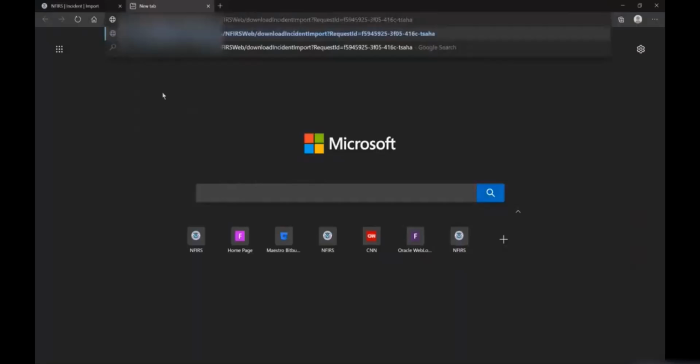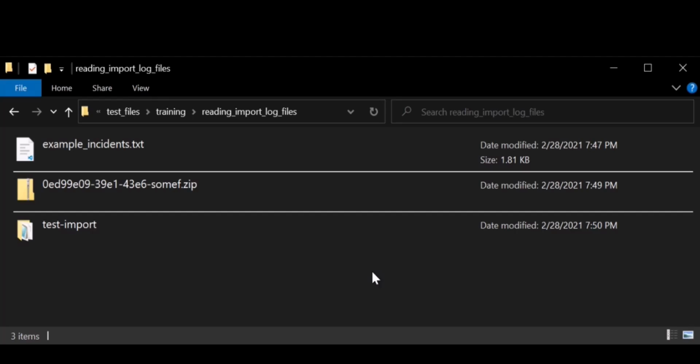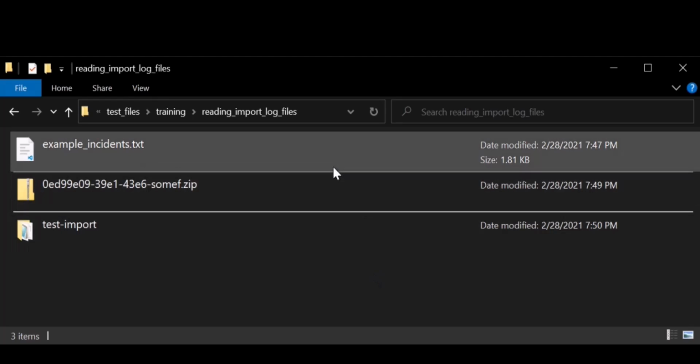That link will download a zip file. Navigate to that zip file within your file explorer and then open it. It should contain a set of 5 files for each incident file that you uploaded. These files contain information about how many incidents were imported successfully or unsuccessfully, and which error messages, if any, were produced. For this example, I've gone ahead and imported an incident file called